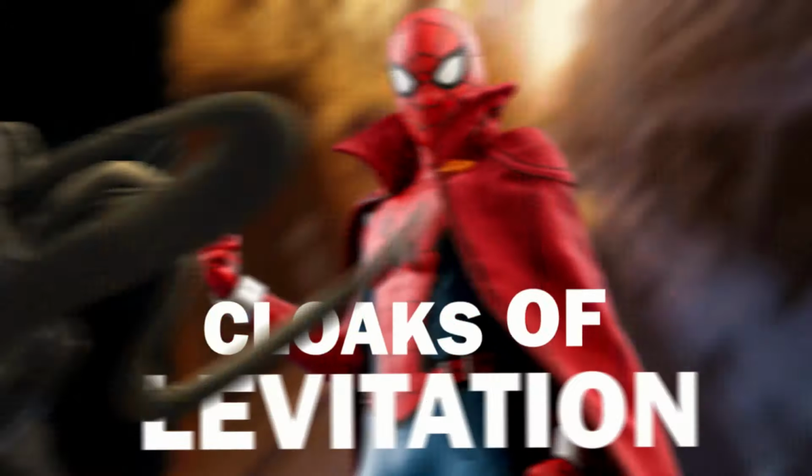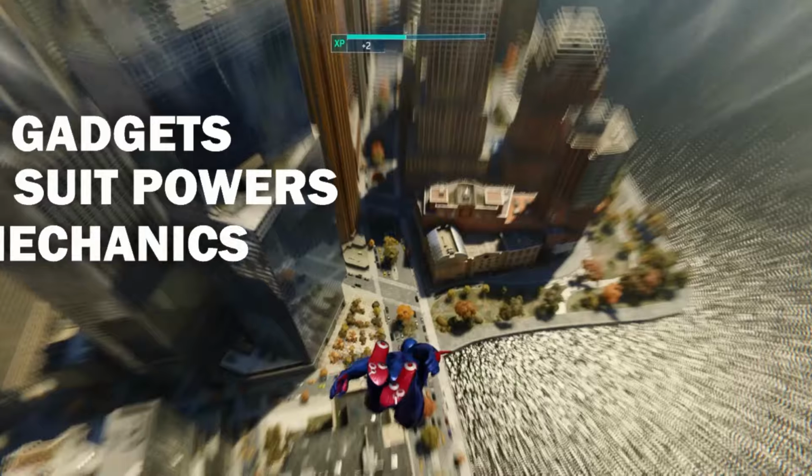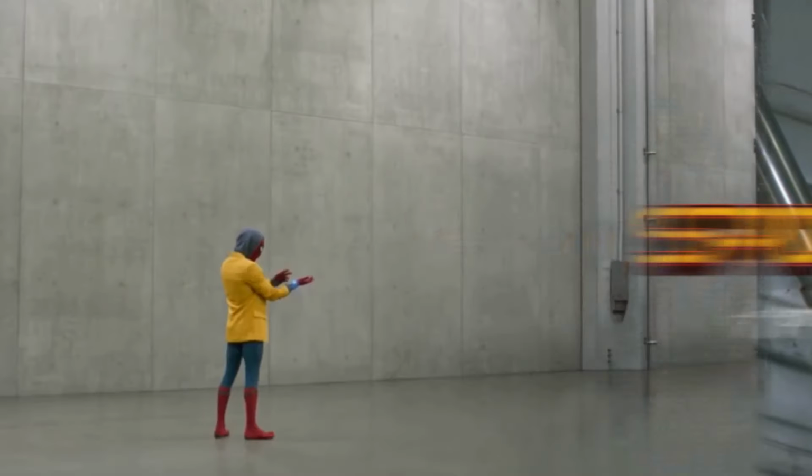From cloaks of levitation, symbiote arms, and magnetic webs, here are 24 gadgets, suit powers, and other gameplay mechanics that the upcoming Spider-Man 2 needs. Starting with the gadgets, kicking it off with quite a lot of inspiration from Homecoming, you've got ricochet webs that